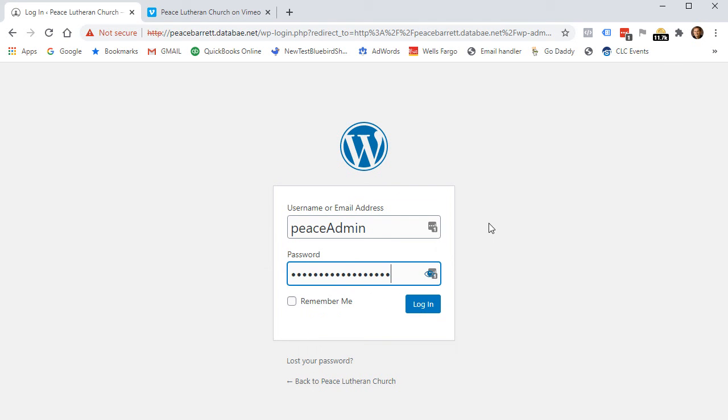And I do use a long password, and I recommend that you keep a long password there. Because it is important to make sure that no hackers get into the account, because they like to do that, and they have various reasons for doing that, and you don't want to get hacked. So we want to prevent that. So keep your password strong. Okay, then we click the login button,